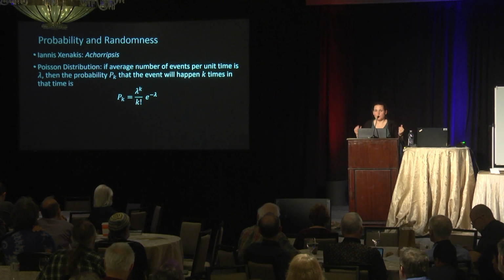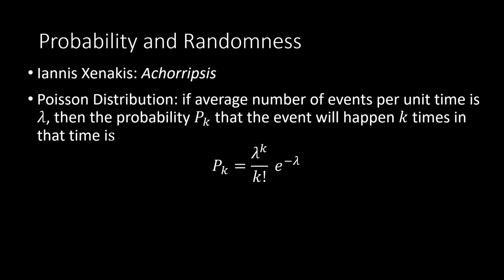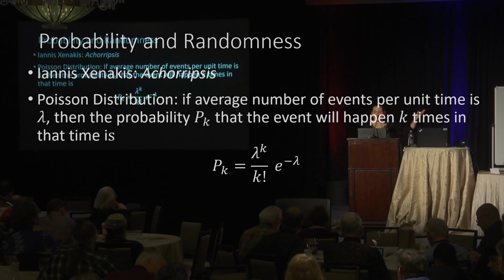So how do you use a probability distribution in a piece of composition? In this example, he used a Poisson distribution, just one of the probability distributions. It tends to model rare events. And it tells you, if you measure over time and you know the average number of events that occur per unit time, whatever that is, a second, an hour, a day, lambda, then this is the expression that tells you the probability that in a particular time the event is going to happen k times, more than one time.